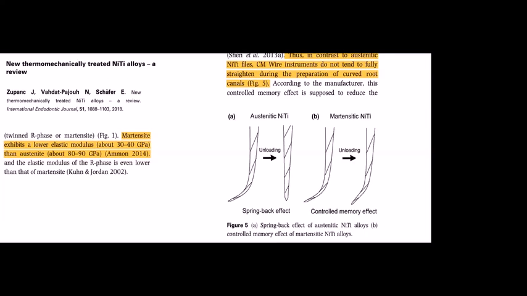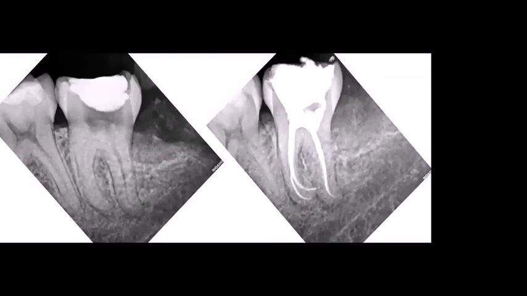And if a file doesn't have this tendency, the lateral forces of the file against the wall will be lower. And if these forces are lower, the tendency to transport the root canal, in theory, should be lower. So, potentially, with these files we are going to provoke less apical transportation. For this reason, these files made of martensite 90 at body temperature with memory control are very useful in cases